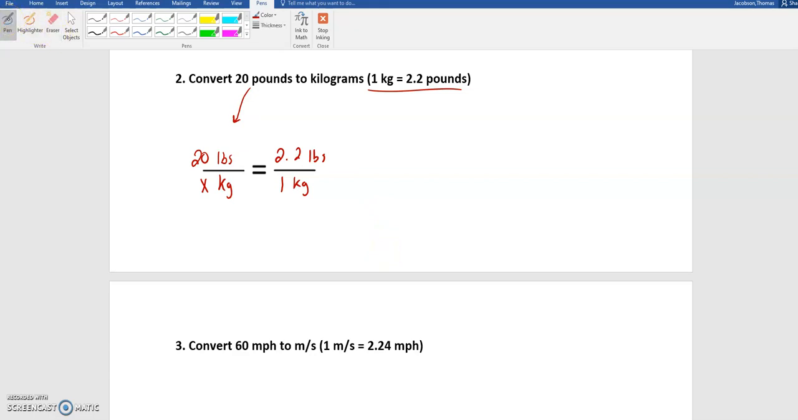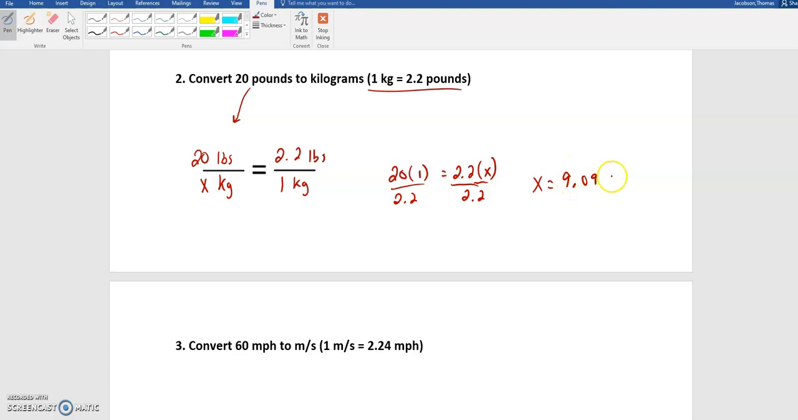Remember, that's really important that you have pounds in both numerators and you have kilograms in both denominators. And again, I am going to go ahead and cross multiply. So 20 times 1 equals 2.2 times x. Now in this case, I'm going to have to divide both sides by 2.2. And in this case, x is going to equal